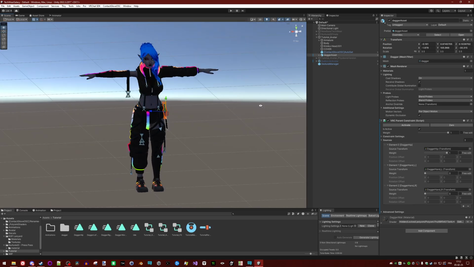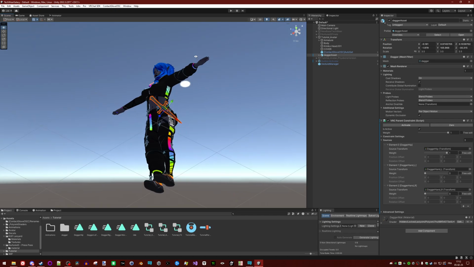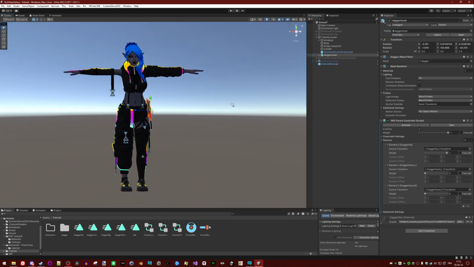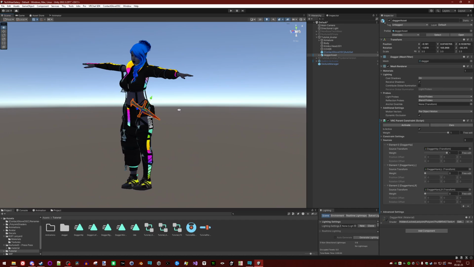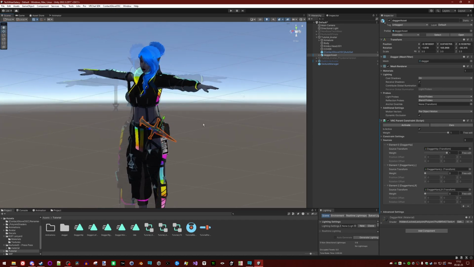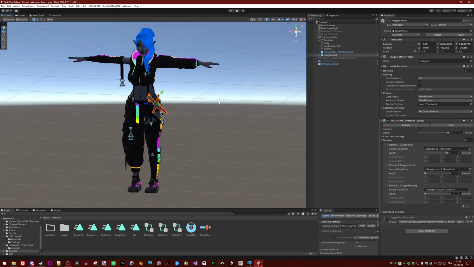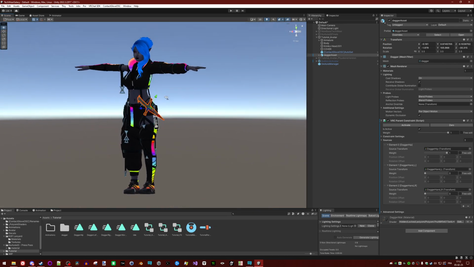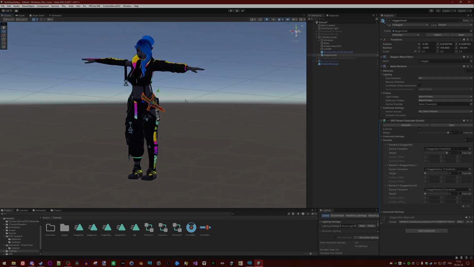And the other one will be gesture based, and the final one will be fishbone based. It's actually the only method I showed in my previous tutorial, and this time I'm showing you all three of them. Then a quick demo in VRChat, and that will be it.